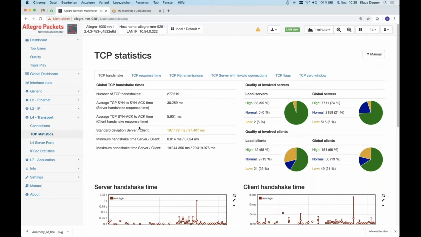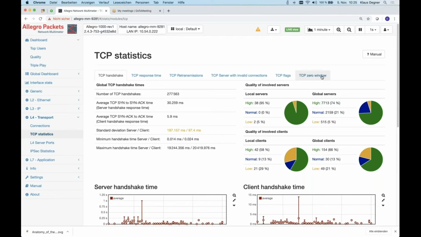Whenever data is sent, how long does it take the server to acknowledge that data? Or I'm at the network point in the middle and I see a lot of TCP traffic coming twice at my site, which means, okay, after the Allegro on that path, it looks like packets are dropped because they have to be retransmitted. And all these things can be displayed.